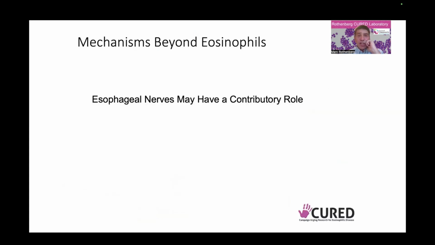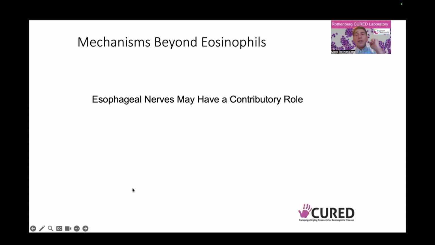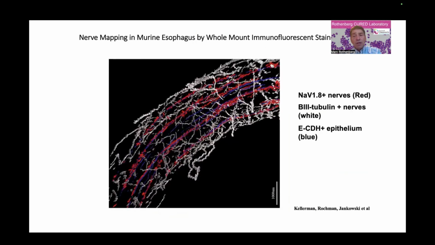We also now understand beyond eosinophils that the esophagus is equipped with nerves, sensory nerves that run from the spinal cord as well as the vagus nerve into the esophagus and set up a whole network that allows the esophagus to respond to different triggers, for the patient to feel different sensations. But this is not just a sensory arm, but it's actively communicating with the immune system through a process called neuroimmune networking. This is an image that we now have of the esophageal nerves.